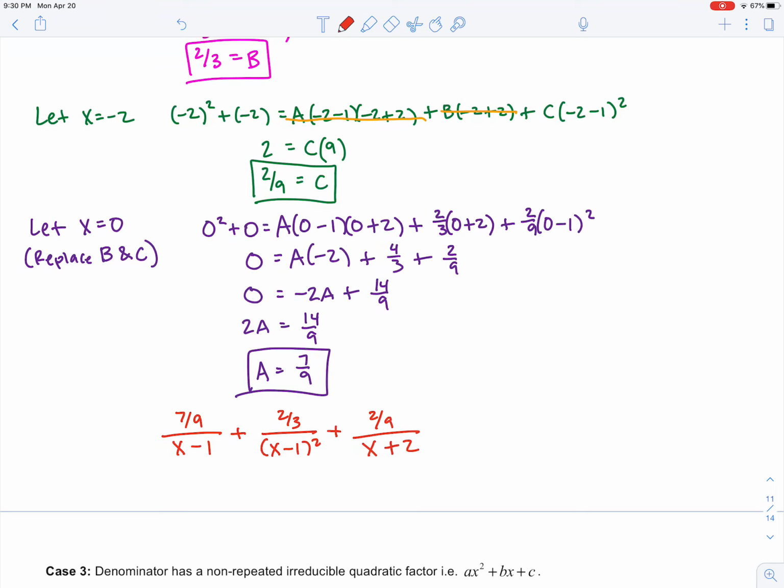Another way you could write that, if you don't like a fraction within a fraction, is to just move the denominators down. So you could also say 7 over 9 times x minus 1, plus 2 over 3 times x minus 1 squared, plus 2 over 9 times x plus 2. And that would be the same thing, it's just it doesn't have fractions in